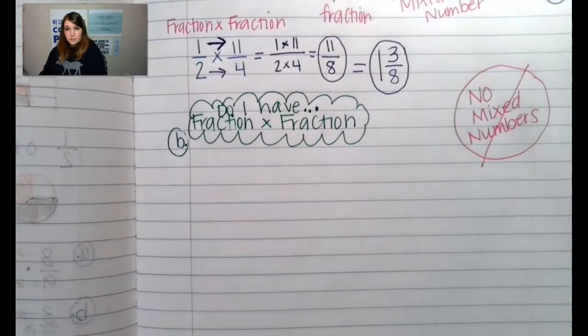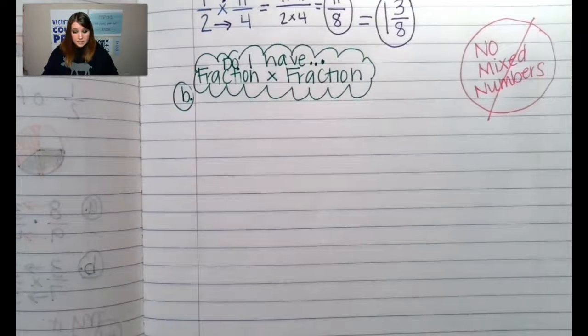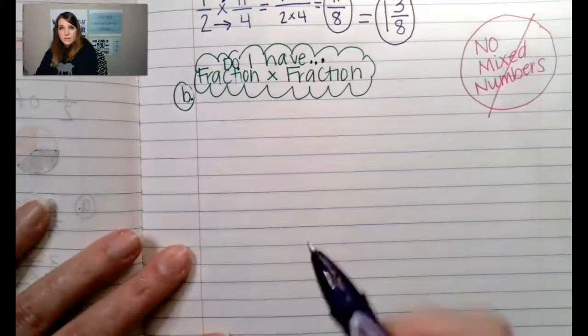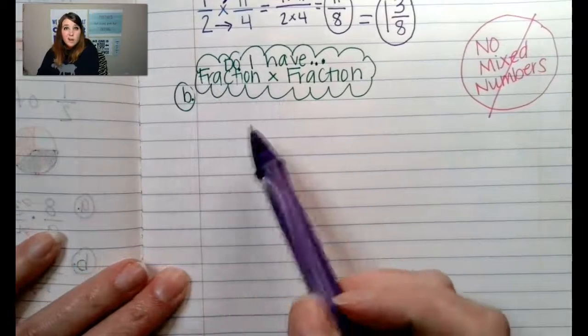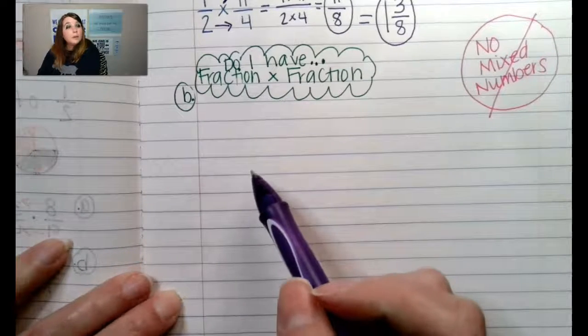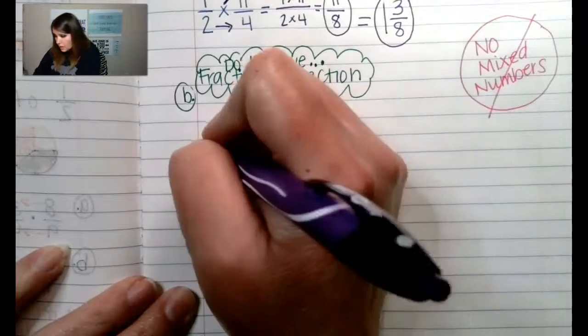Okay, how's that for a visual? All right, let's do this. Let's go into another example, and then we'll do a try it, okay? All right. I think I need to open a new pack of pens because I'm starting to run out of colors here. Okay. All right, how about